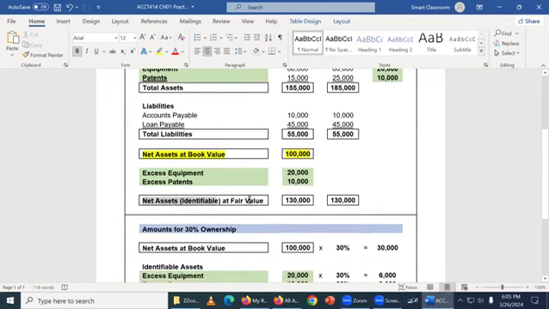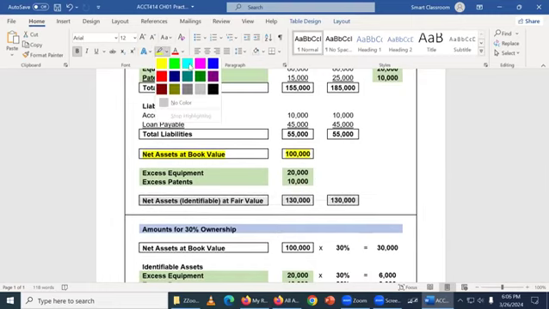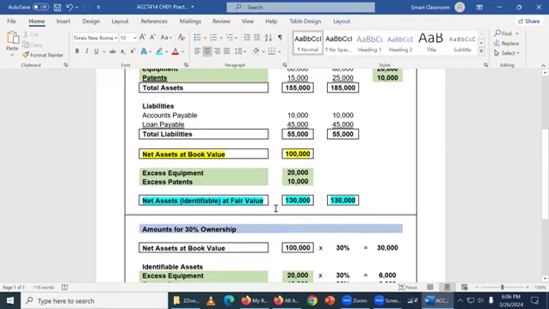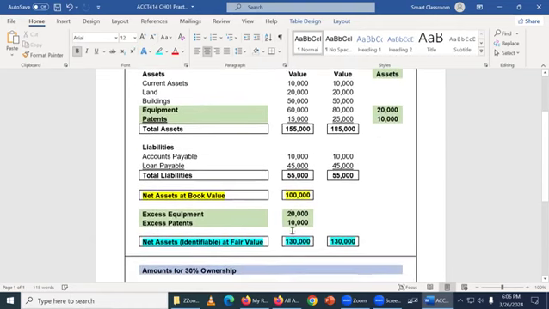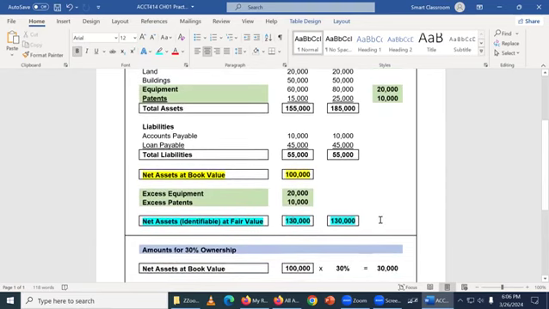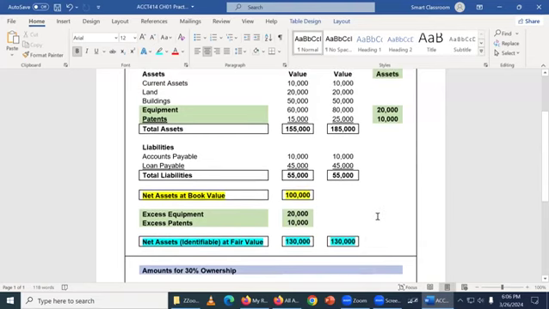And down here is the net assets identifiable at fair value. So what I've done is the excess assets that are for the equipment and the patents, if you add those into the book value, they will be the same as that net identifiable assets at fair value. And the reason I bring this up is that